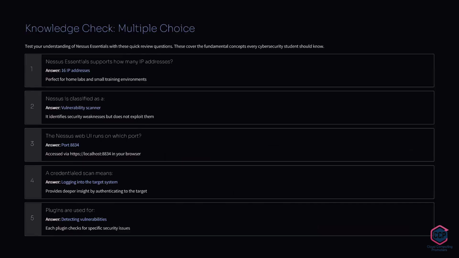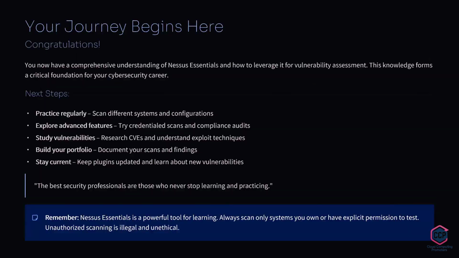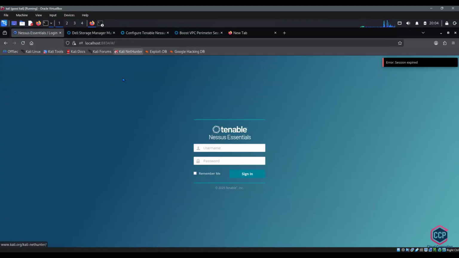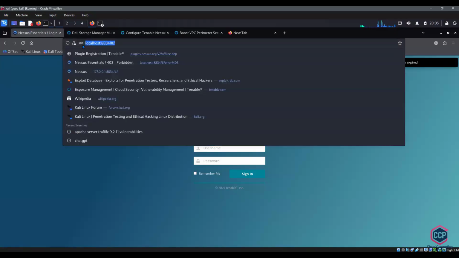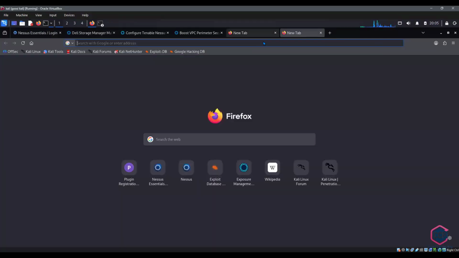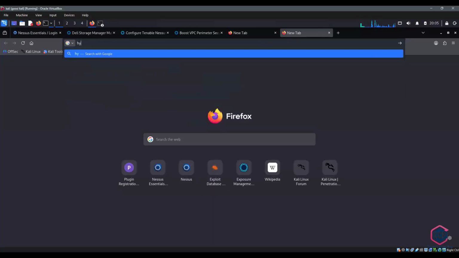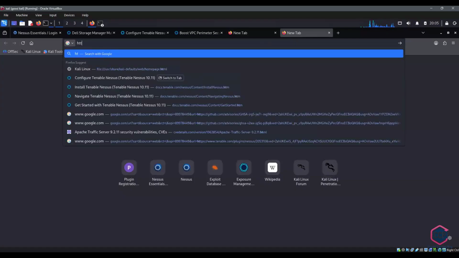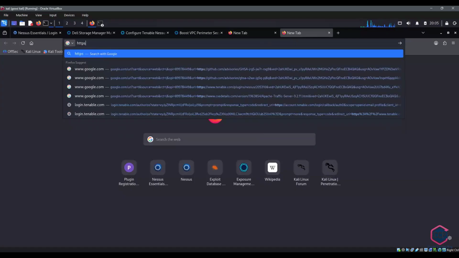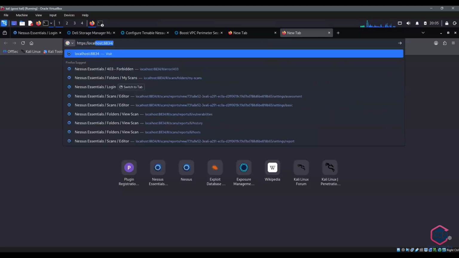Some of these questions would also appear in your certification exam. Whenever we install Nessus within our system, we'll have a web interface that runs via HTTPS on localhost, over port 8834.